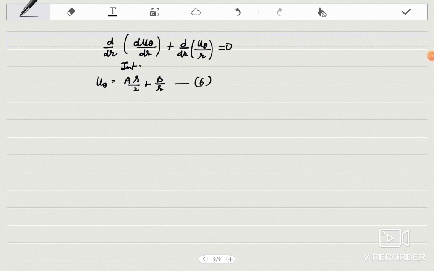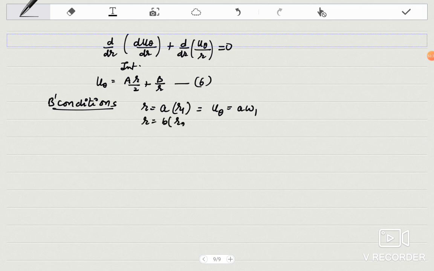This is equation 6. Now we come to the boundary conditions. What are the boundary conditions? Your inner cylinder, that means when r is equal to a, or you may say when r is equal to r1, what is your velocity? It will be a omega 1, because the inner cylinder is rotating with velocity omega 1. At r is equal to b,